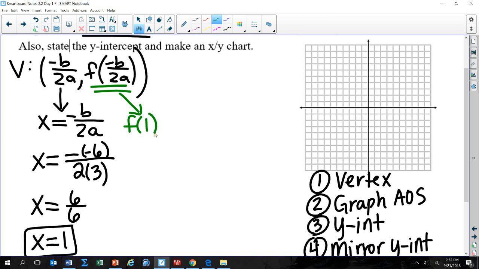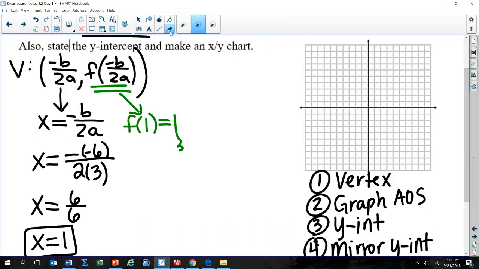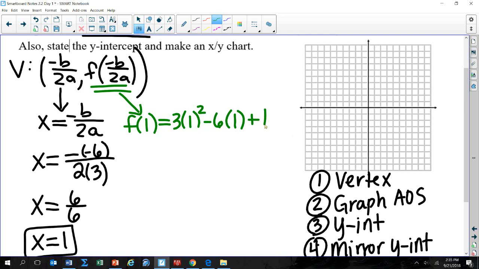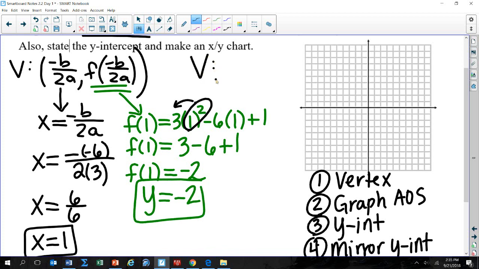We got that x was 1. So I'm just going to plug 1 back into my function. What was my function? Yeah, 3x squared minus 6x, and then plus 1 on the end. Okay, remember order of operations, we're always going to do the squared first and then multiply by the leading coefficient. So we'd have 1 times 3, which is 3, minus 6 plus 1. So we get that f of 1 is negative 3 plus 1, negative 2. Is that right? Did I screw that up anywhere? No. Okay, so y is negative 2. We plugged in x, and we got y. So if I'm writing my vertex, it's going to be,